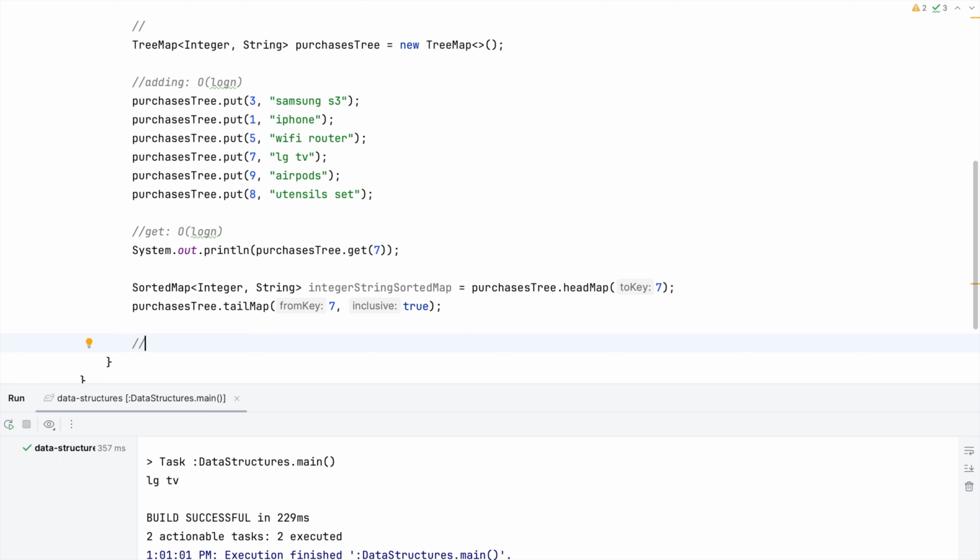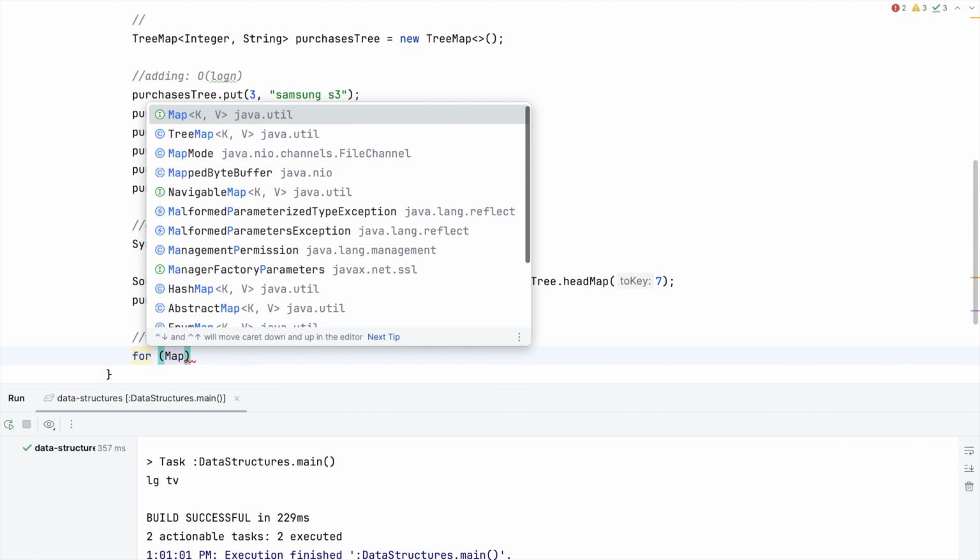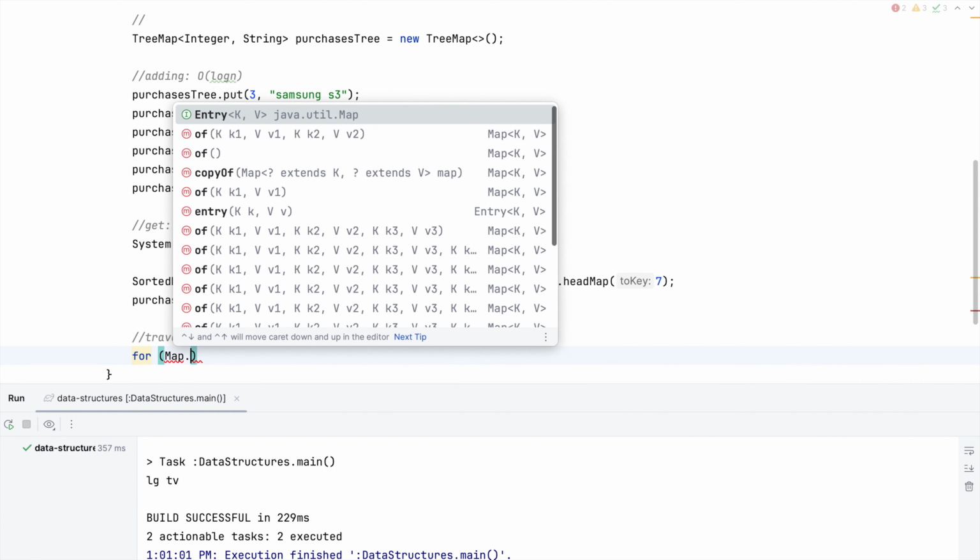Now I can traverse the whole tree using just a regular for loop. Each entry is going to be map.entry, just like in hash map, and this is going to be type integer to string. Then I'll call it key value, and I will iterate over the entry set, and if I print it,